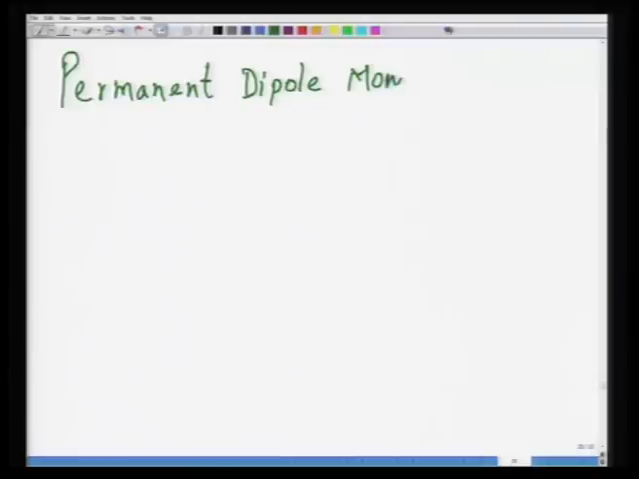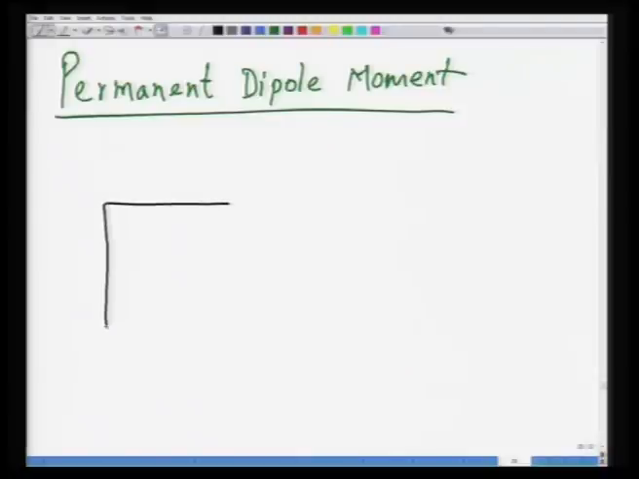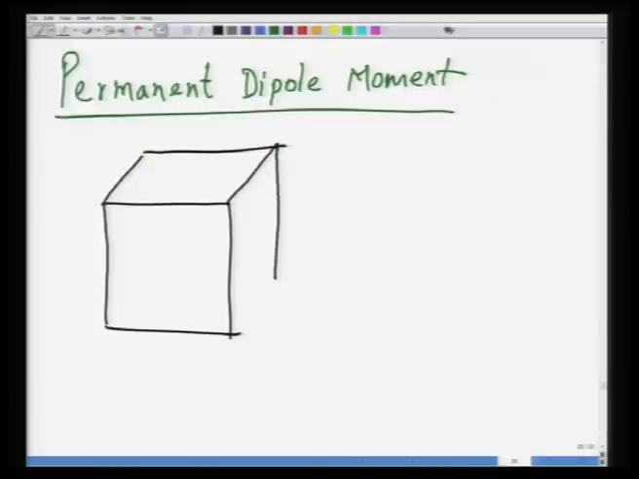So, we will start with the concept of permanent dipole moment. Typically what you have is a centrosymmetric material. A centrosymmetric material, because of symmetry, will not show any polarization. So, for instance, you take the example of a cubic material, or now let us say we take this form of cubic barium titanate. Okay. So, this is cubic barium titanate,